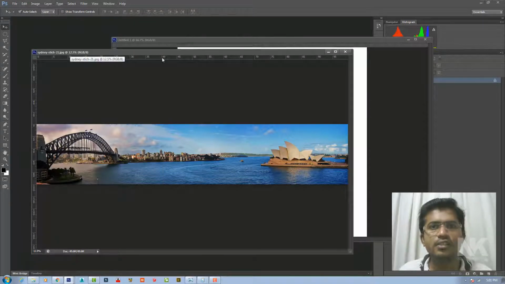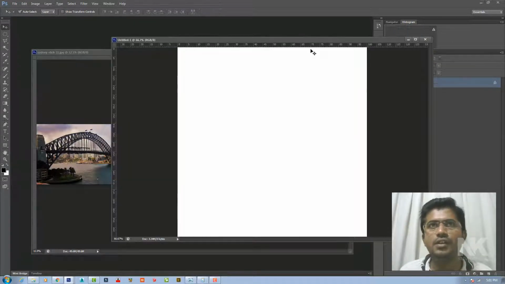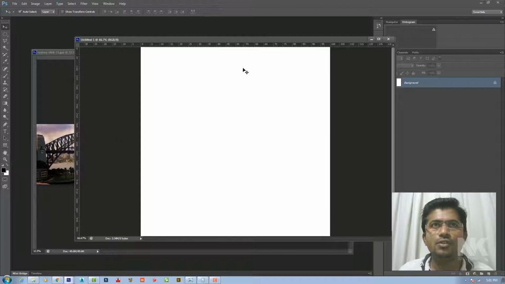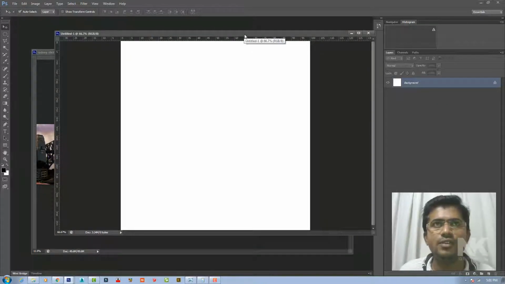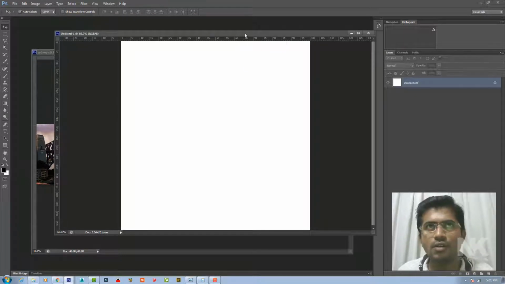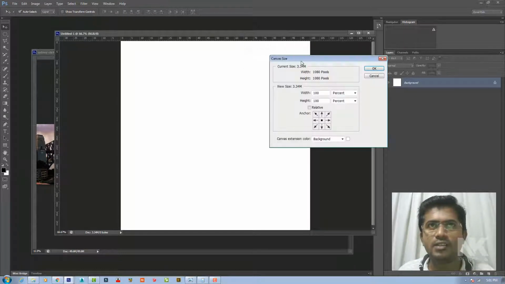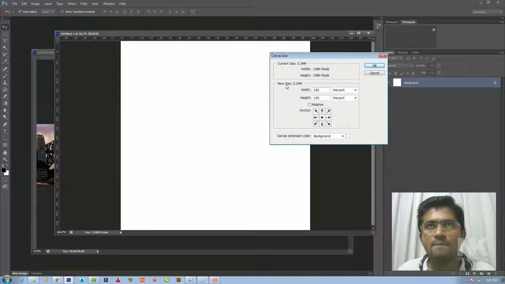After that we have to divide this image into 4 equal parts. For that, we need this image to be 4 times bigger in the horizontal direction, so that we can place this image here. First of all, we need to increase the size of the image in the horizontal direction. For that we will go to Image Size, and for increasing the image horizontally we need to increase the width.